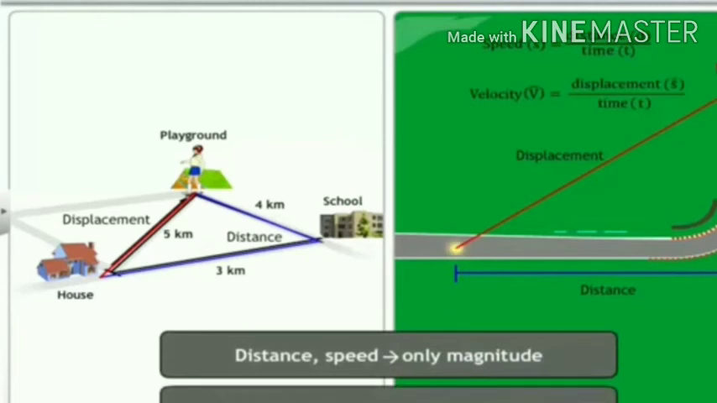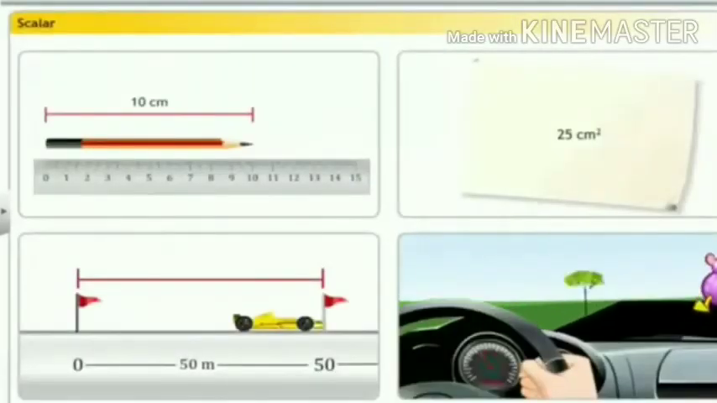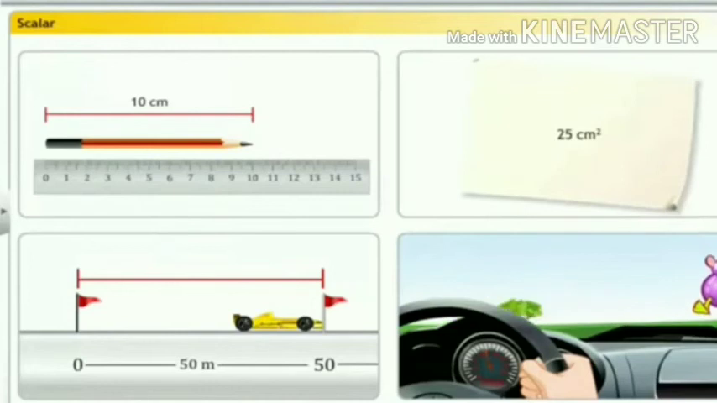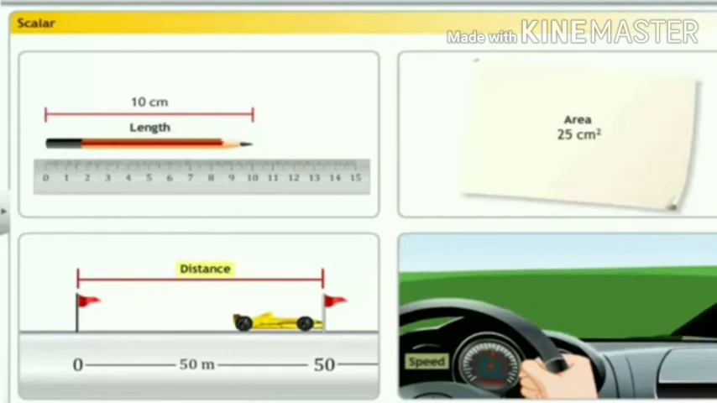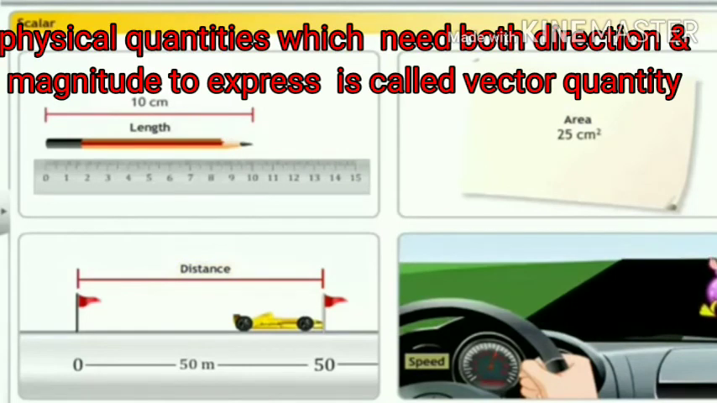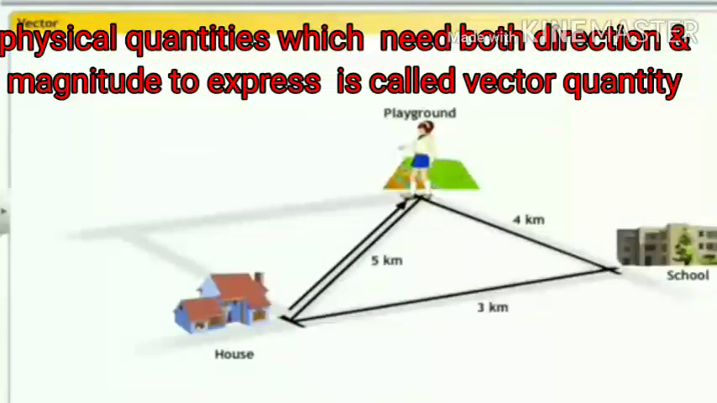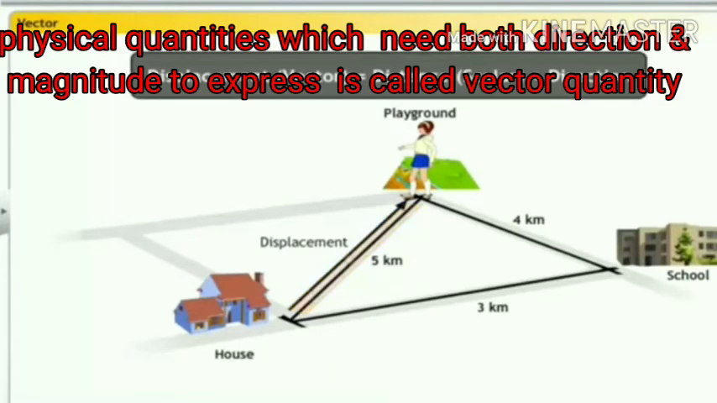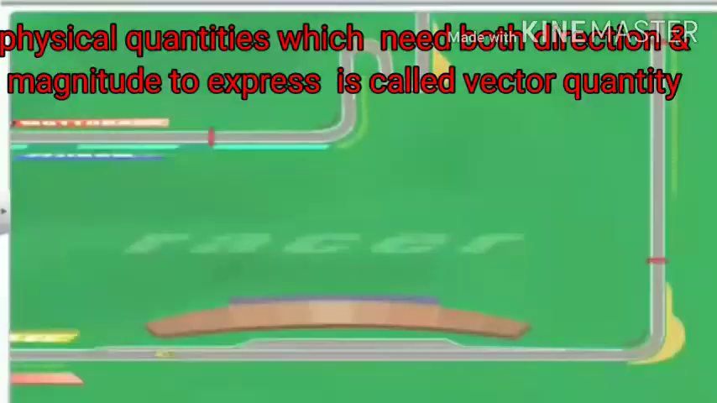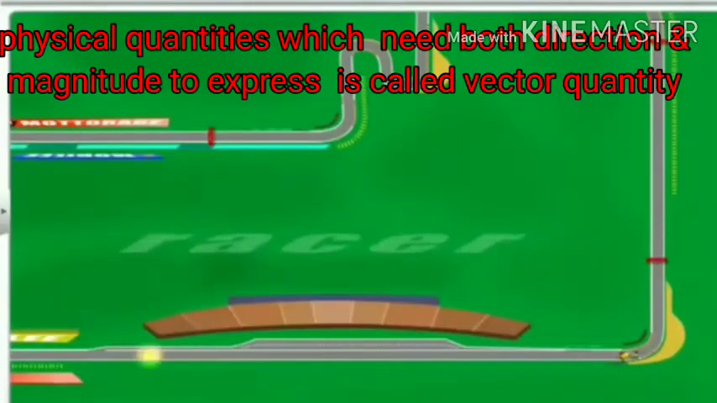Thus, distance and speed have only magnitude. Hence, these are scalar quantities. But the displacement and velocity have both direction and magnitude, therefore they are vector quantities. So you can see here, when the boy is reaching from home to the playground, this displacement is the vector quantity and it is nothing but